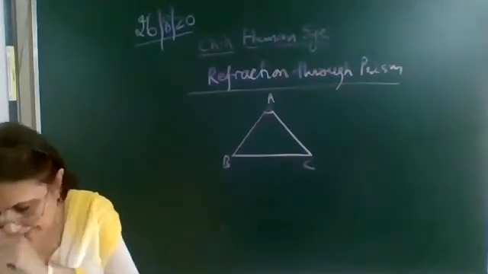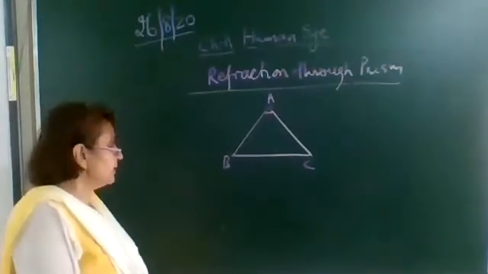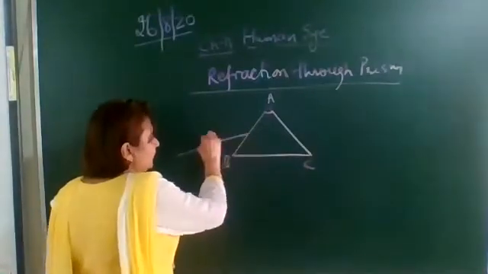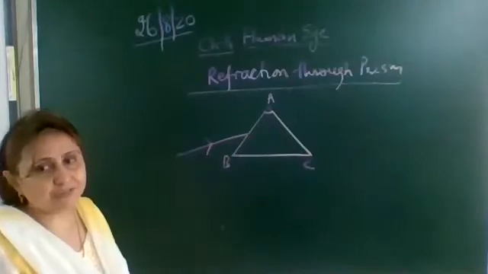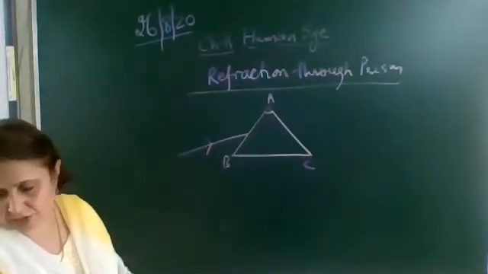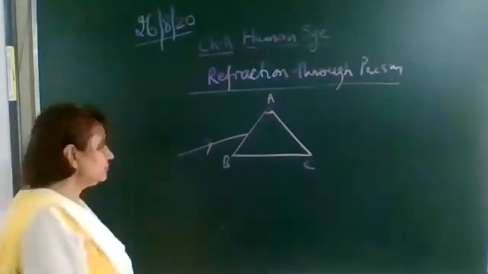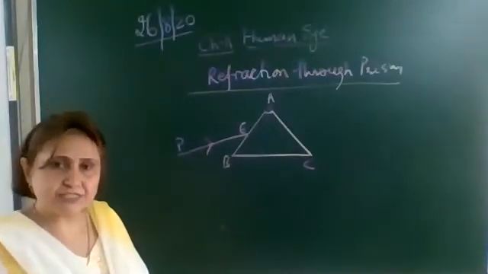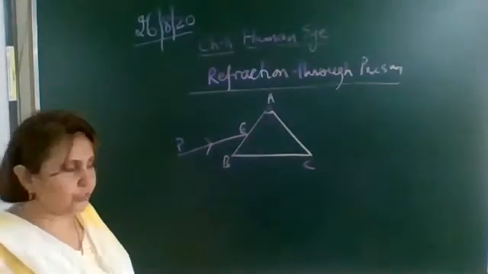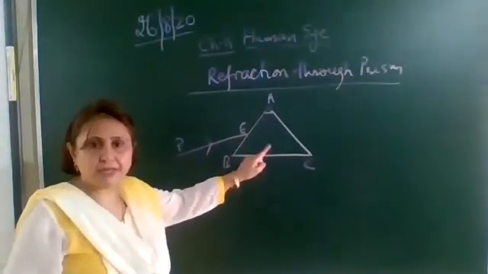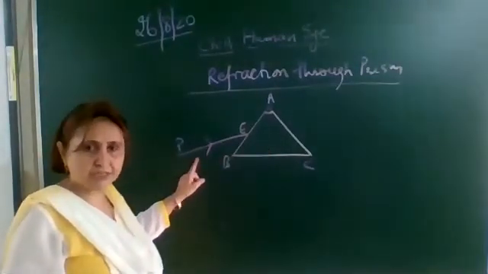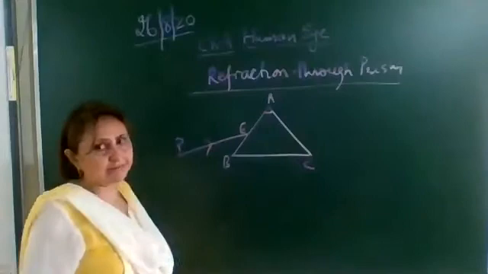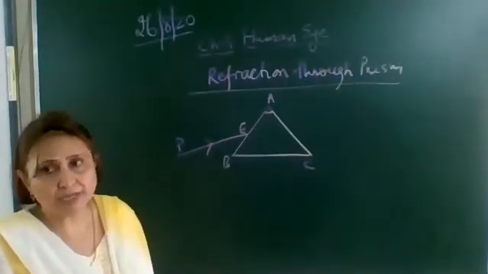Okay, now let's study how the refraction takes place through this. The experiment we will study later on. Let this be the ray which is incident on one of the refracting surfaces AB. Let us name this ray PE. Let PE be the incident ray. Now this ray is passing from air to glass. What is the medium here? Air. What is the medium here? Glass. Okay, so it is passing from air to glass, and we know that glass is denser than air.